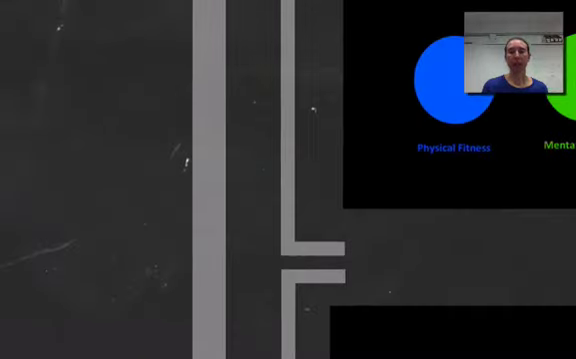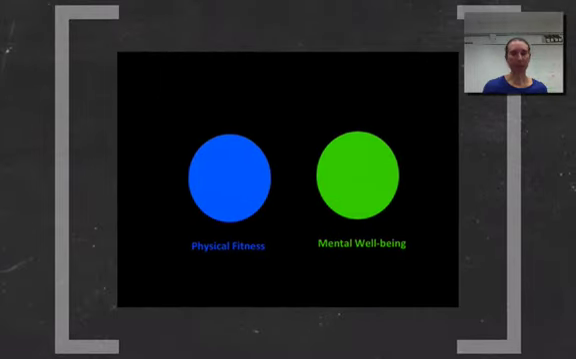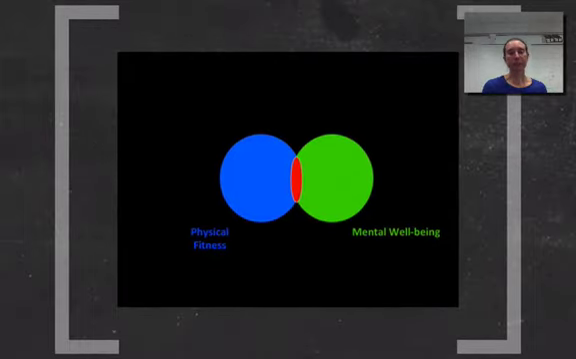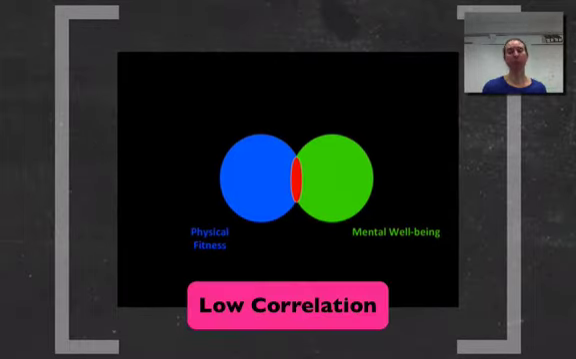Now, we can put these two variables together and say, is there a relationship there? Here, we have physical fitness and mental well-being. They're not overlapping at all. So knowing something about your physical fitness level tells me nothing about your mental well-being. In this instance, there's a little bit of overlap between the two variables, so that if I know something about your physical fitness, there's a little bit of a relationship with mental well-being,